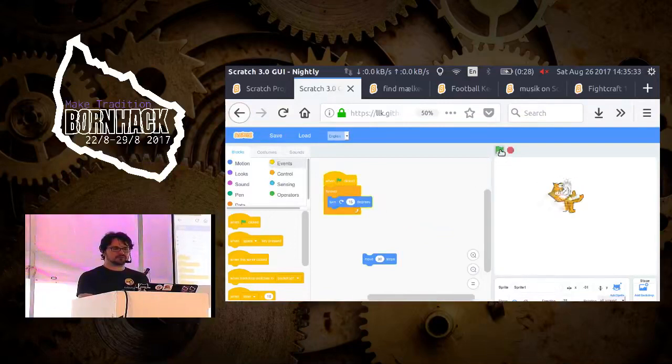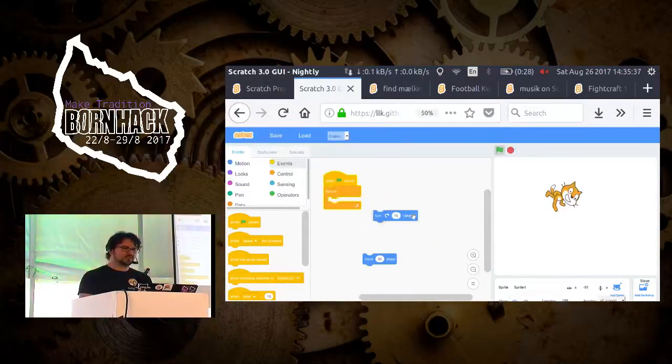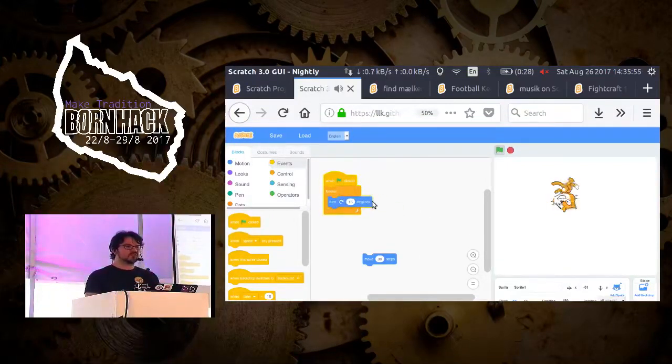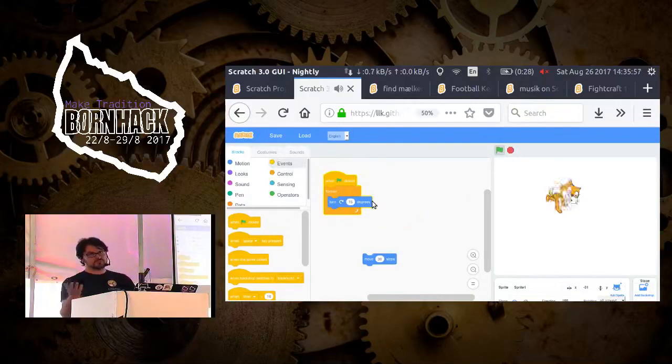So I combine another block, and if I take this one, which is turn 50 degrees, the cat will just spin around. What you get with this kind of approach, if we take it to programming language terminology, is a very strongly type-safe language. Kids need to put in a number here, they cannot put in A, because the system doesn't allow that. This is also why some of us use strongly typed programming languages,